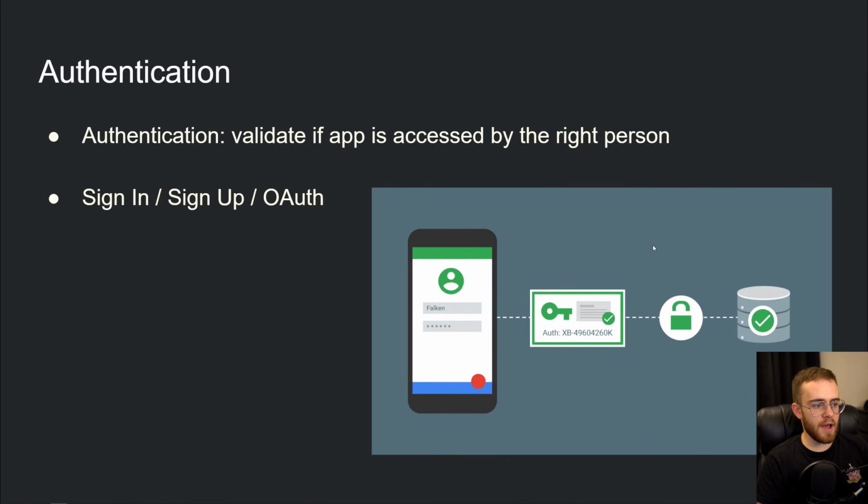So first, let's take a look at authentication. Again, that's about validating whether the app is accessed by the right person. That can be through sign in and sign up and OAuth flows. If you've never heard about OAuth before, the idea is that you, for example, sign in with your Google